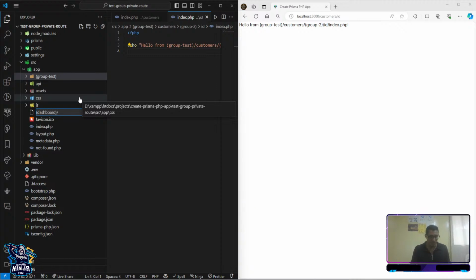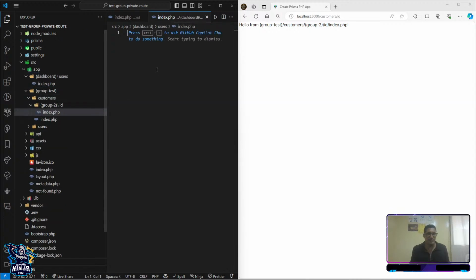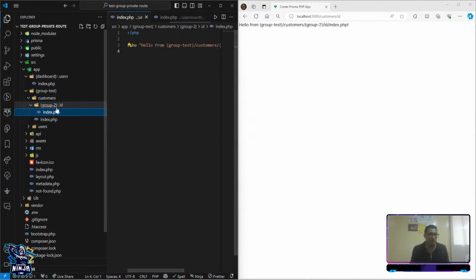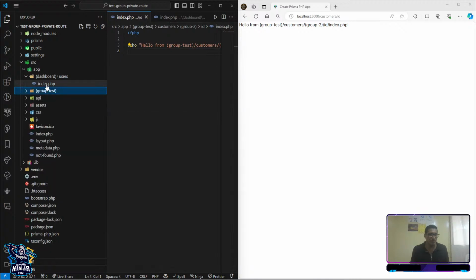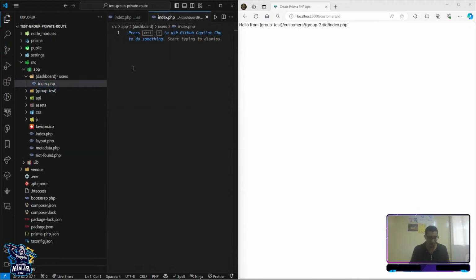So in this case I'm going to say users to show the conflict it can create when you're creating this type of group routes. Users index.php. So in this case, if I come and open, okay, let's edit the dashboard route